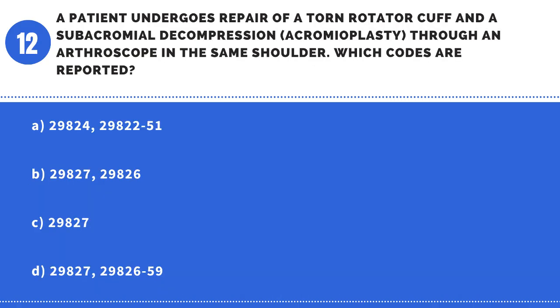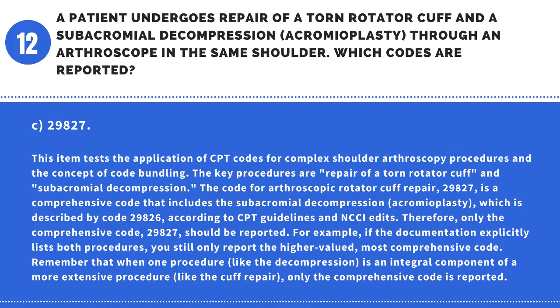Question 12. A patient undergoes repair of a torn rotator cuff and a subacromial decompression, acromioplasty, through an arthroscope in the same shoulder. Which codes are reported? A. 29824, 29822-51. B. 29827, 29826. C. 29827. D. 29827, 29826-59. Answer: C. 29827. This item tests the application of CPT codes for complex shoulder arthroscopy procedures and the concept